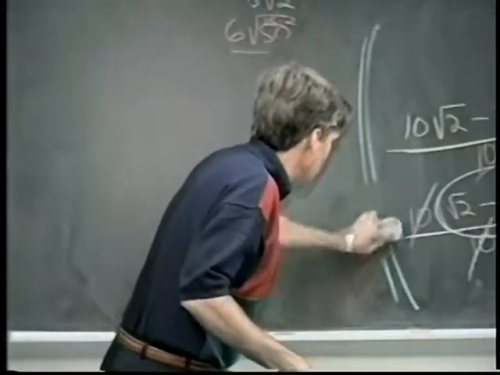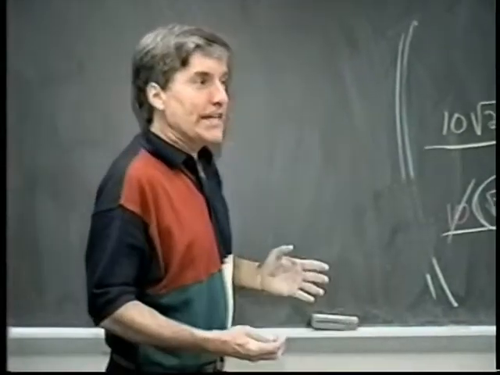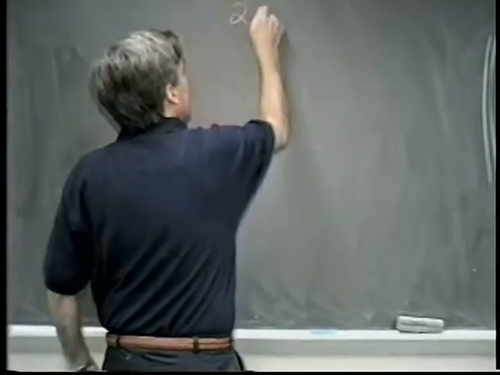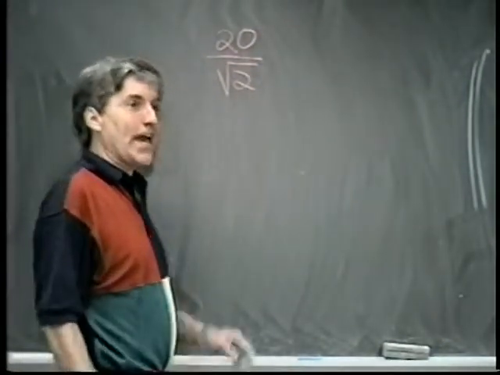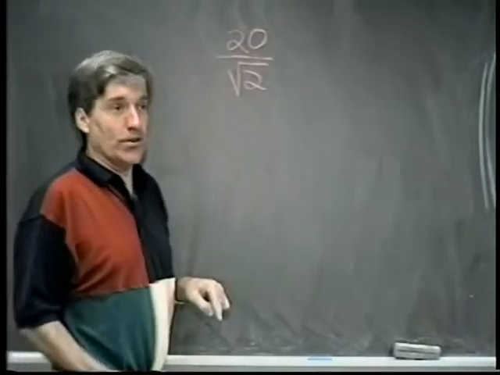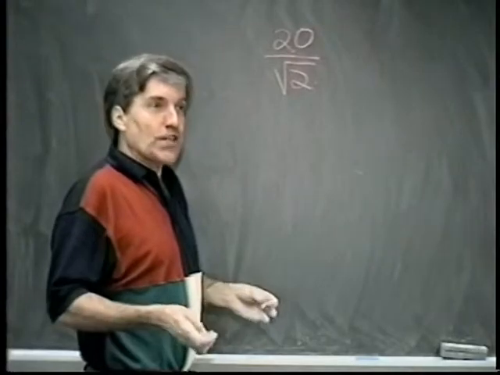And now I'd like to look at denominators with radicals. Anytime you have radicals in the denominator, like 20 divided by the square root of 2, it's inconvenient to have a radical in a denominator. And what we want to do is eliminate the radicals from the denominator. This process is called